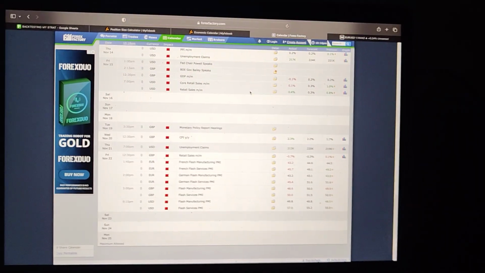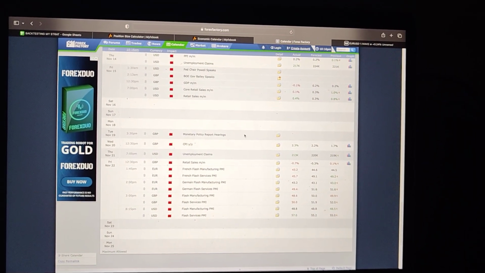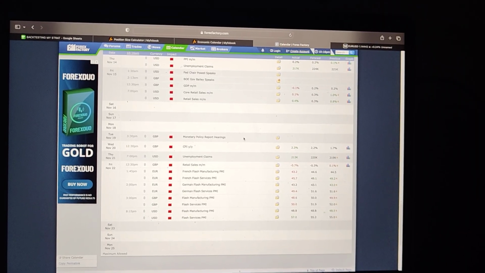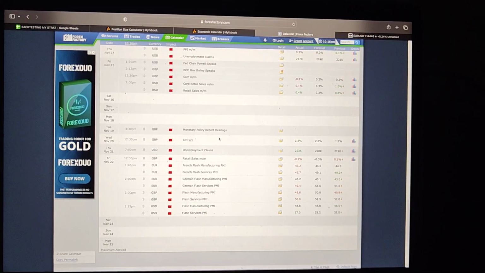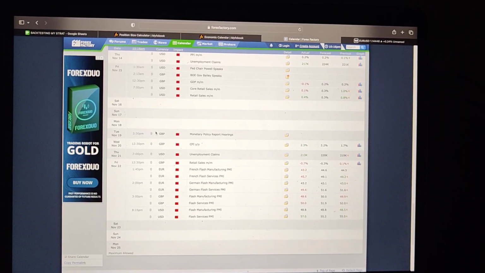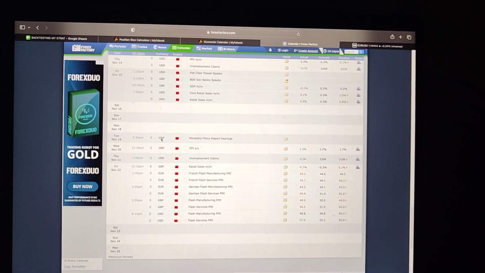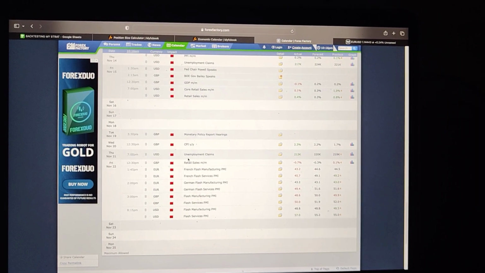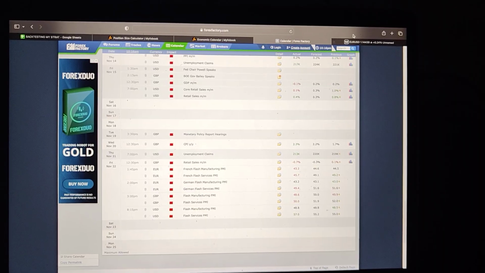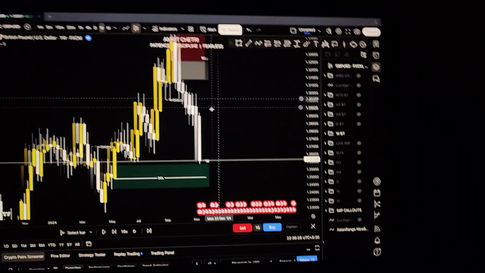And now, before starting the weekly breakdown, let me show you the news. On Monday there was no news. Tuesday, GBP news, monetary policy report hearings, which is not that high probability, meaning this is not my timing. Also, it is in my timing, so okay, we have to keep that in mind. Wednesday is CPI, Thursday unemployment claims, Friday retail sales, so on and so forth, right?